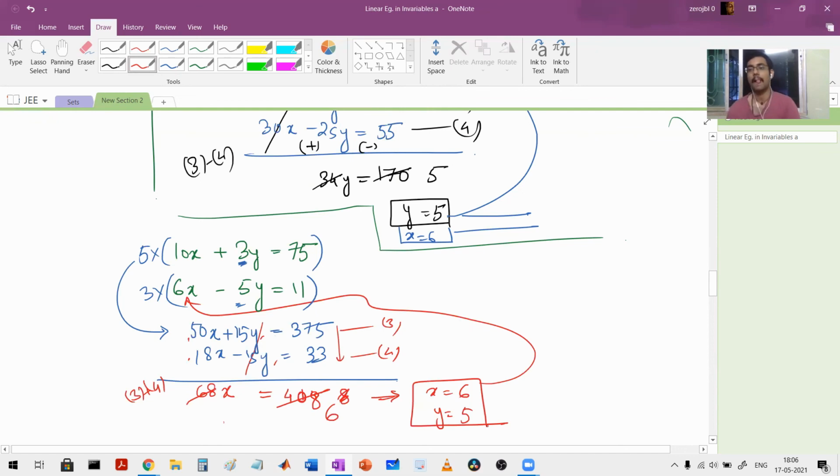Is that clear to you? So you can solve it anyway, and it is not even that only with multiplying the first equation by 5 and the second equation by 3 you can solve. No, it's not necessary. You can also multiply the first equation by 10 and the second equation by 6. It would have come to be the same. Okay. So you must understand that you should solve it by the minimum effort, and minimum effort would happen only when, if you choose a coefficient, find its LCM first and then try to make both the coefficients like that by multiplying suitable numbers. Is that clear to everybody?